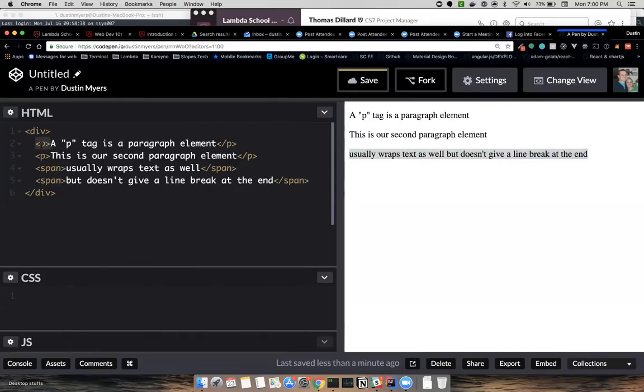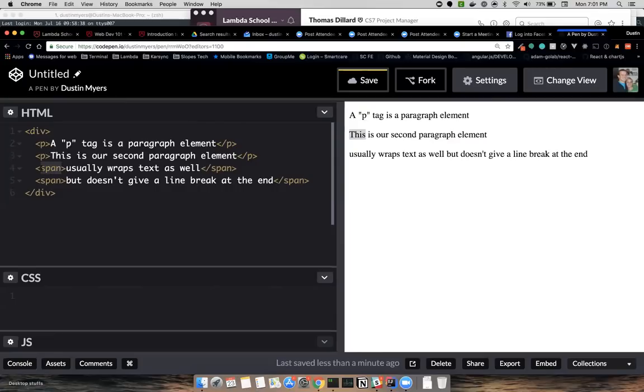A p tag at the end of it does have a line break, and so if you define a second p tag, it will drop a line and continue the next line down. Span tags go left to right and don't have line breaks at the end. So there's a very good use case for span tags.